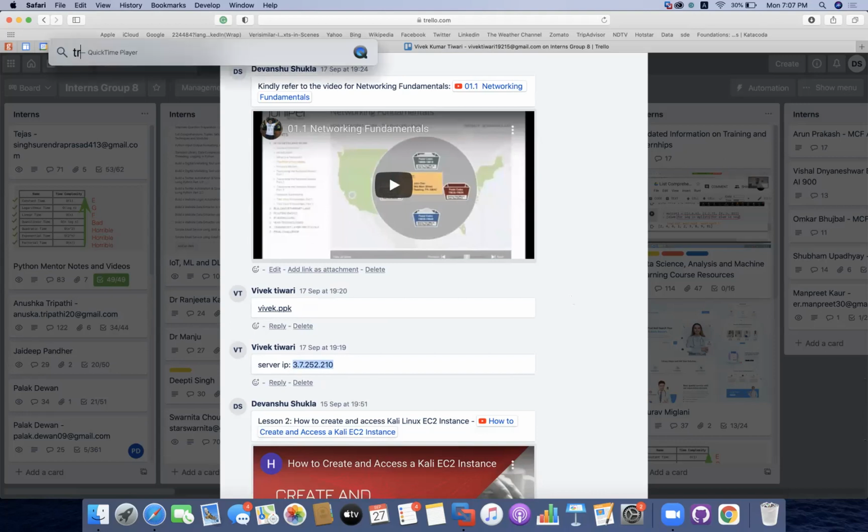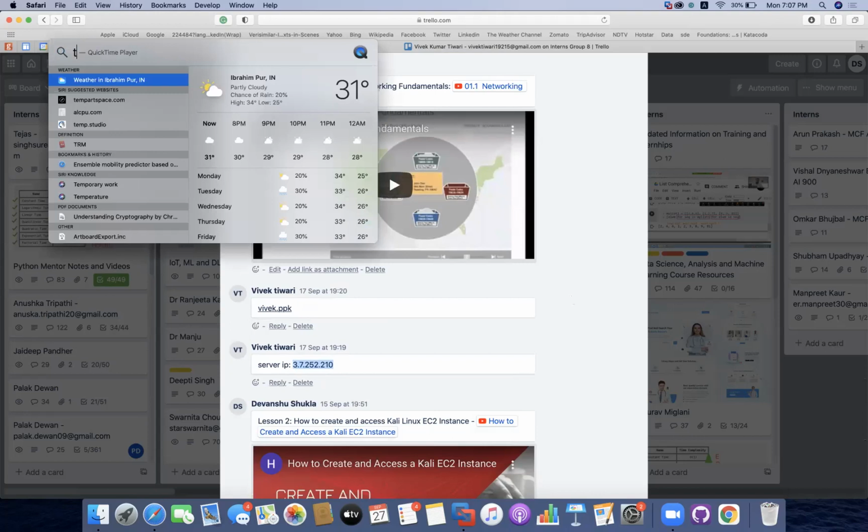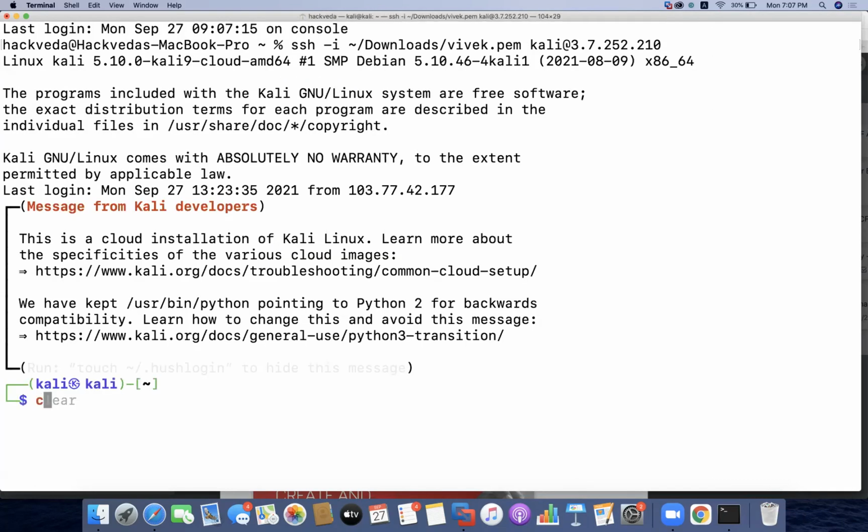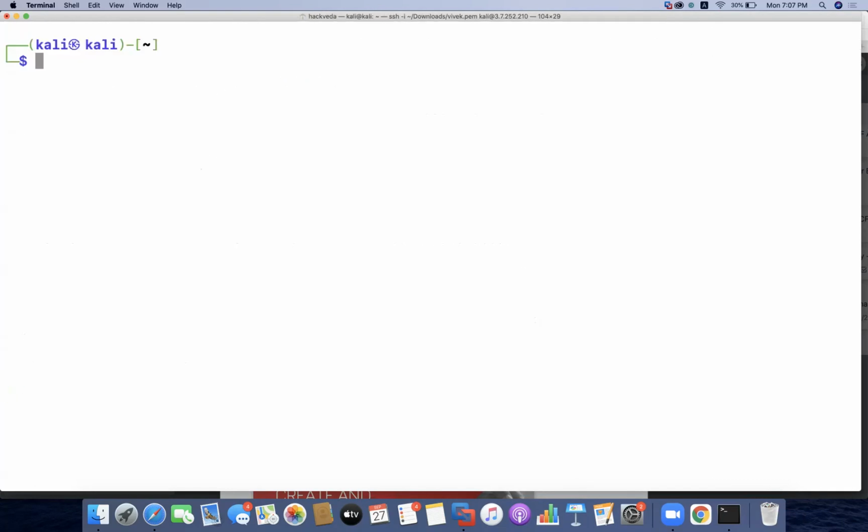So I'll go to the terminal and I'm going to SSH into your machine using vivek.pem and the Kali IP address. So I'm here in the Kali server currently.